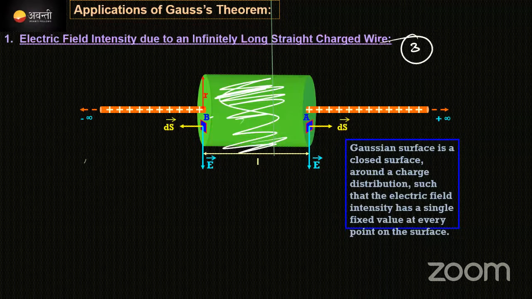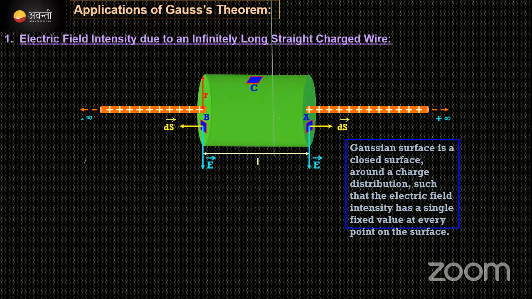Okay, third area I'm going to take here. इसका area vector will be acting upward direction, and electric field lines also acting in the same direction. इधर plus charges है ना, right? Plus charges means electric field lines also acting in the same direction. Clear now up to this point? Is it clear for everyone how I took the Gaussian surface and how I'm taking the angle between the area element and as well as the electric field intensity?